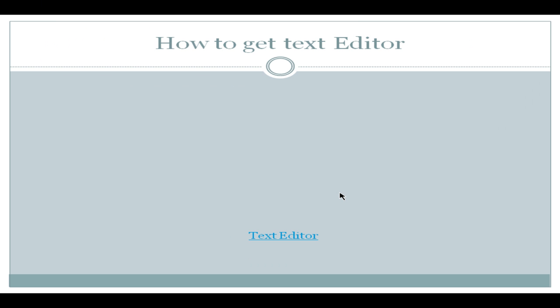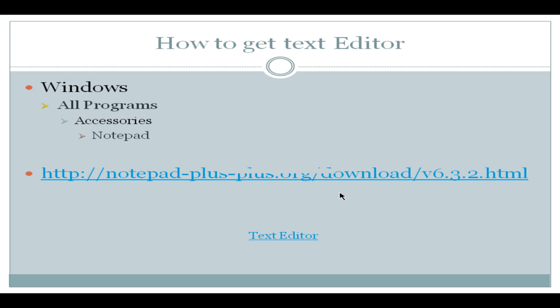Now, how do you get a text editor? Well, simply, a text editor is where you're going to be doing your coding so that later on you run it and it will run as a web page. So if you have Windows, all you need to do is go to All Programs, Accessories, and Notepad. That's it. But I'm using Notepad++,